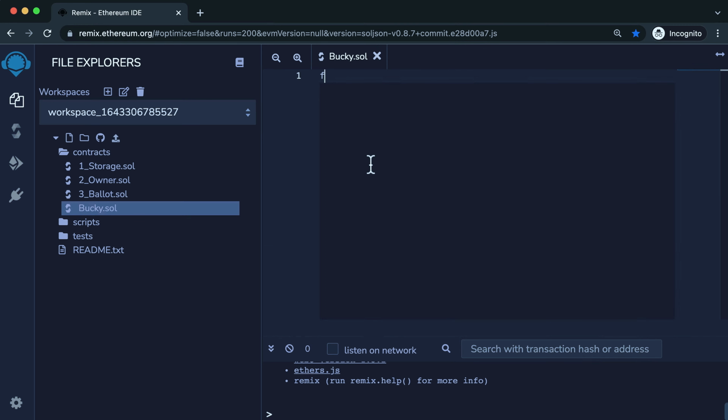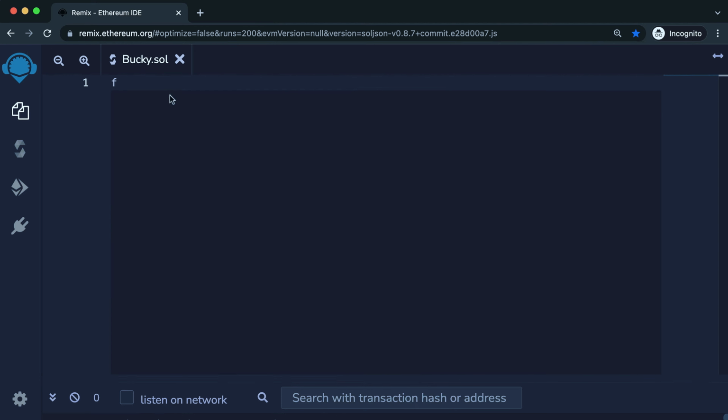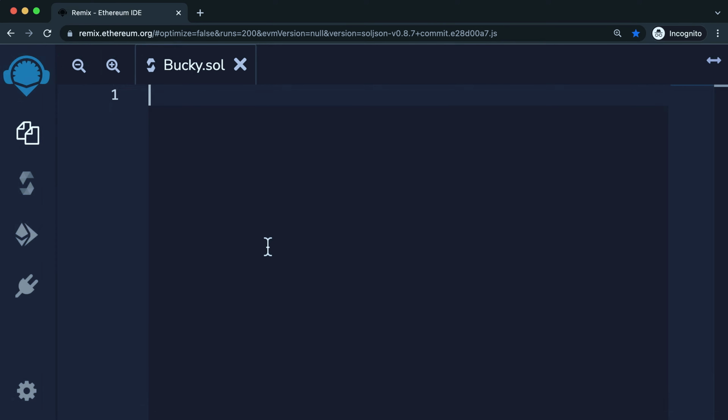All right, let me boost this up so you can see. And if you click this button on the left, you can toggle this left menu. All right, so we are finally ready to start writing our first smart contract. Where do we begin? So the very first line in your smart contract,